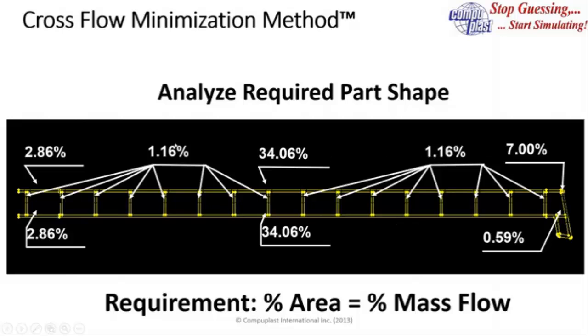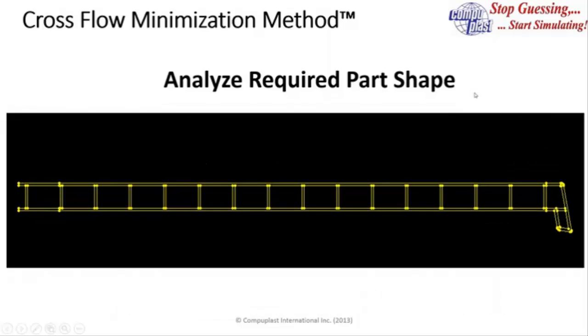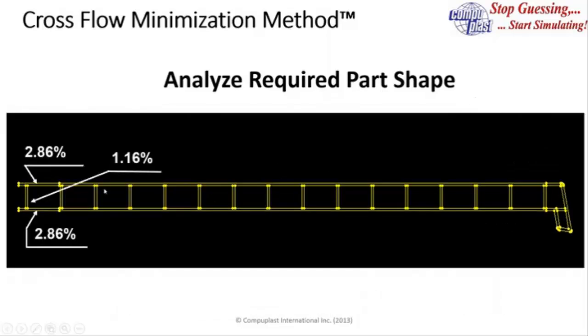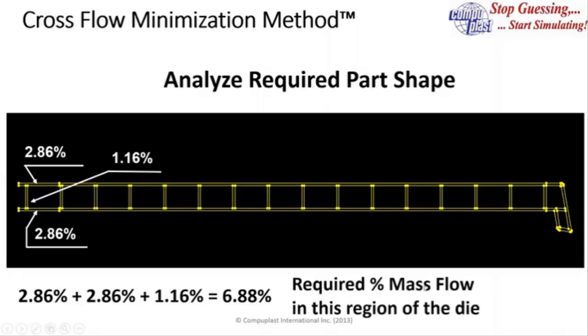So once we understand what our target is, then we simply go through the different sections. So let's say I'm worried now about this side of the die. How much material do I need to form this section of the profile? Well, each one of those sections represents a certain percentage. When I combine them, I get about 6.9%. Then in the corresponding area of the die, at every cross-section, I need to get this much material delivered to